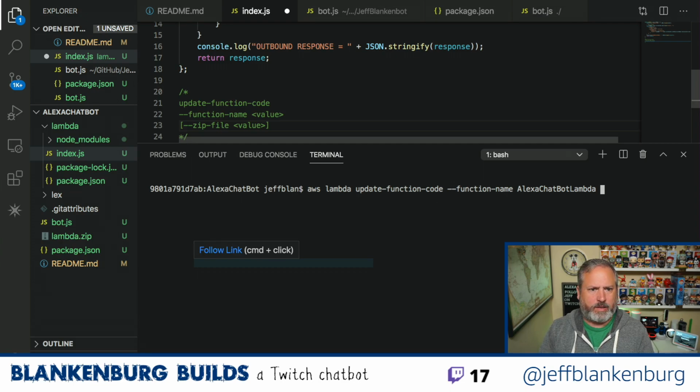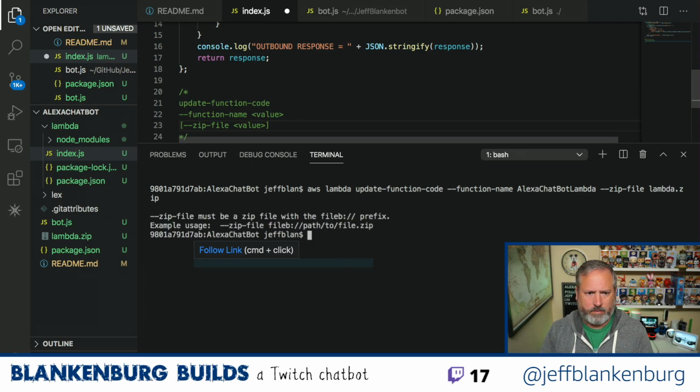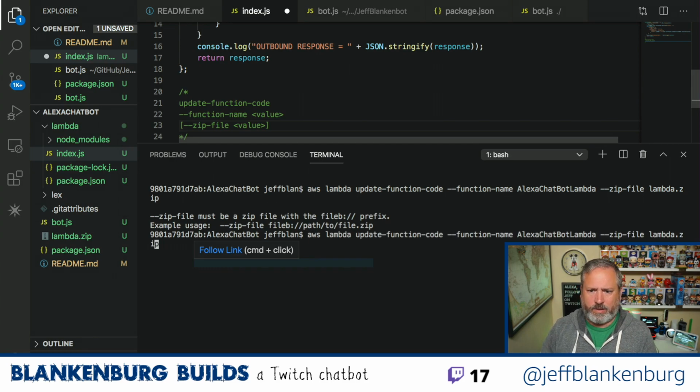And then I need the zip file. And this will be, now Gold Zulu, you have fileb://lambda. I don't know that I can do that. Can't I just say lambda.zip? Oh, you just crushed it.